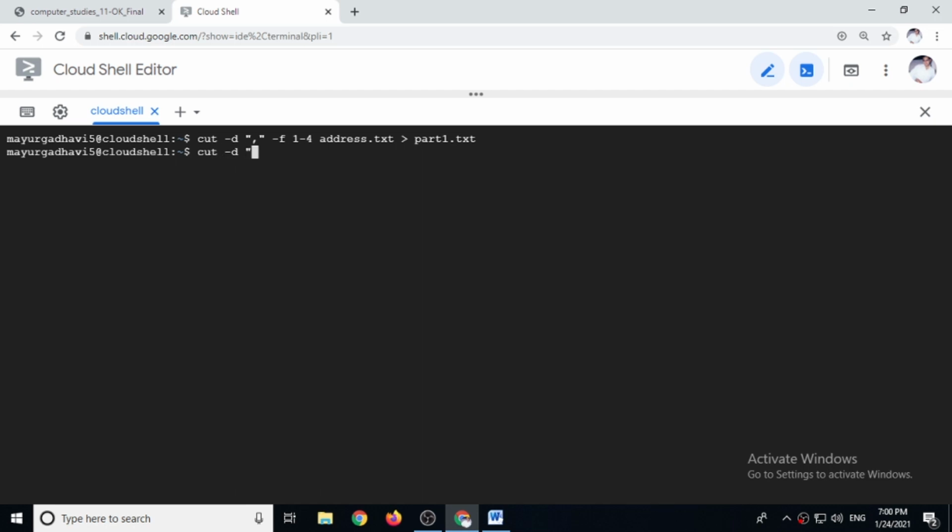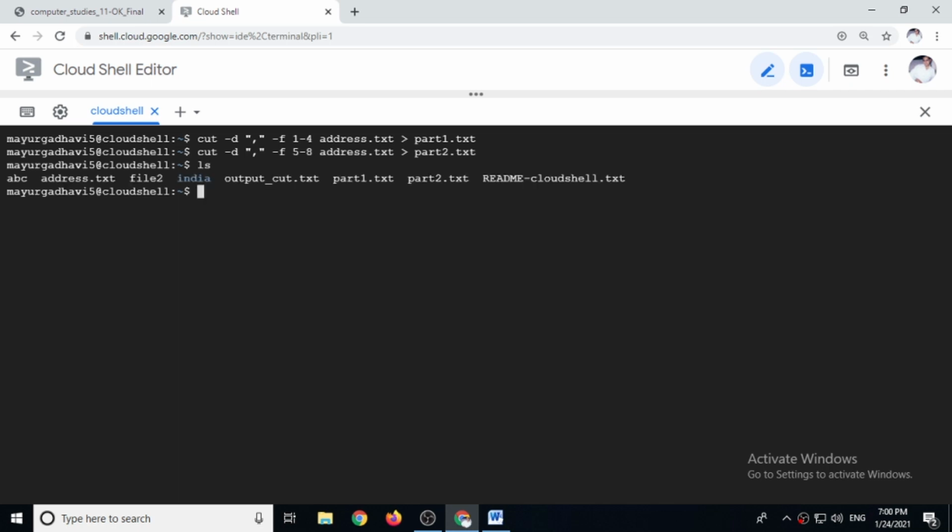Again, cut -d, -f5-8 address.txt to part2.txt. So two files we have created. When you give the ls command, it will show you two files, part1 and part2.